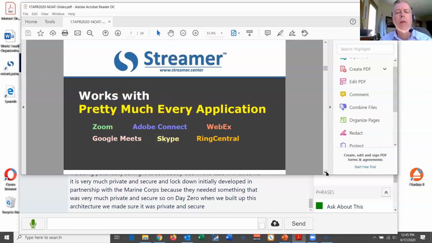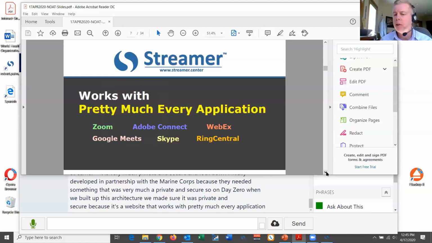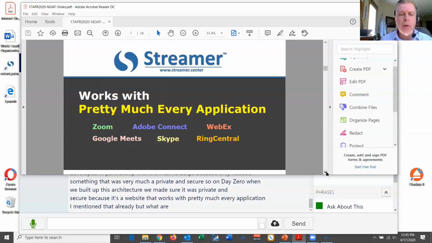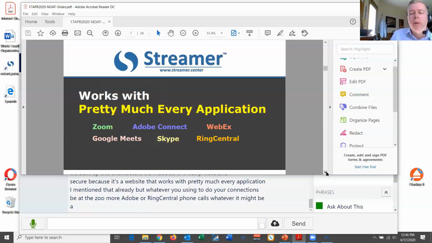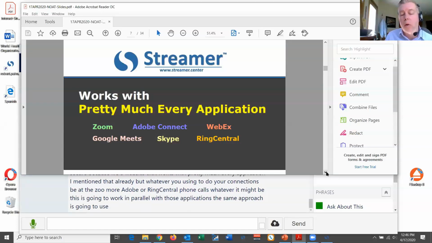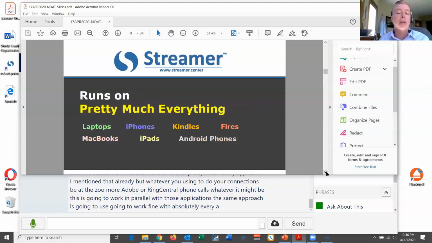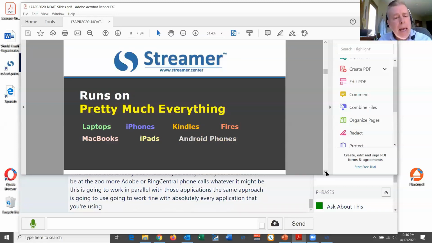Because it's a website, it works with pretty much every application. I mentioned that already, but whatever you are using to do your connections, be it Zoom or Adobe or RingCentral phone calls, whatever it might be, this is going to work in parallel with those applications. The same approach is going to work fine with absolutely every application that you're using. And again, because it's a website, it runs on basically everything.